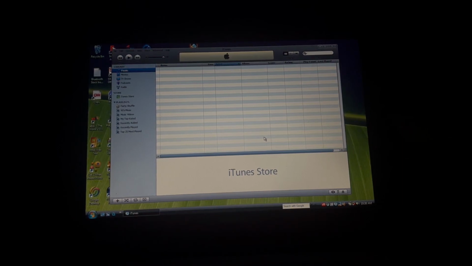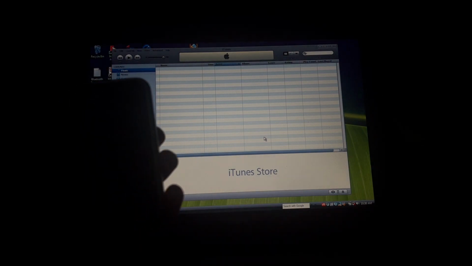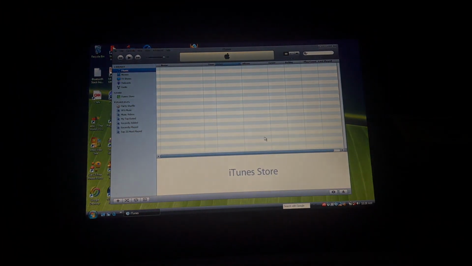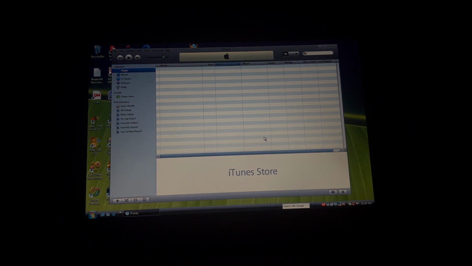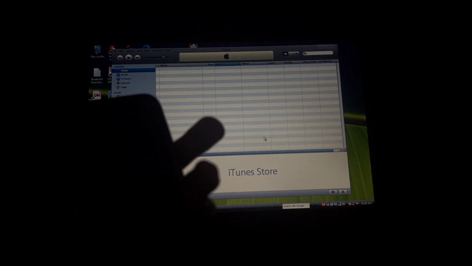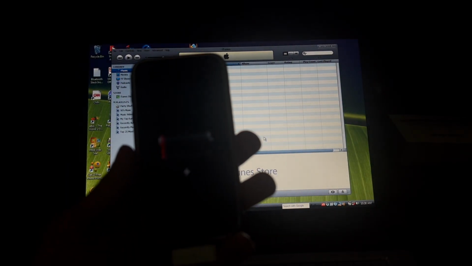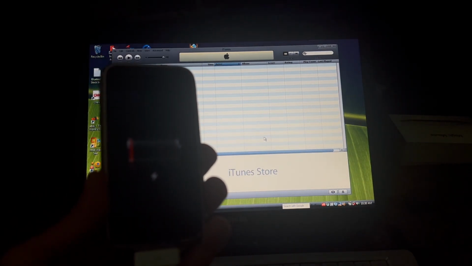This is another way to downgrade your iPhone 2G to iOS 1.0, and this just needs one simple tool. We've used it before, so you're gonna plug in the iPhone. I don't know why it's just so dark, and we'll come back when this charges up,